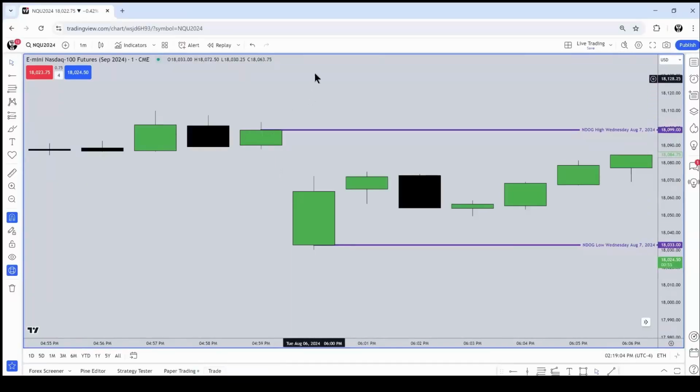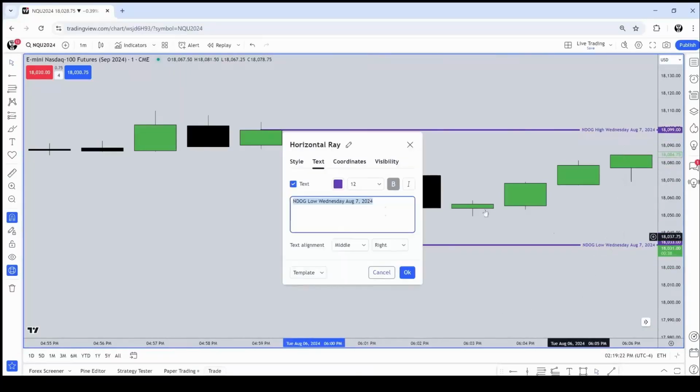So if we opened up here, then you would draw the same lines the same way, and you're using this ray down here. That extends it in perpetuity. It keeps going to the right. It never stops projecting to the right. And your annotations, when you annotate them, put it in the middle and to the right, and then you label it. Real important that you put the date in it. Helps you organize the level of importance.